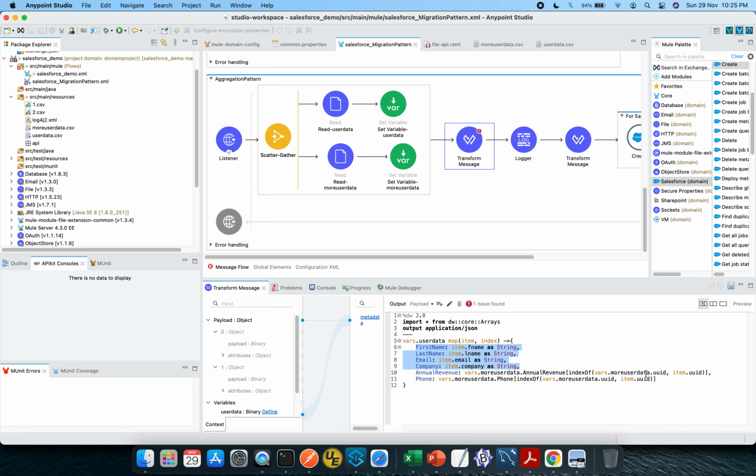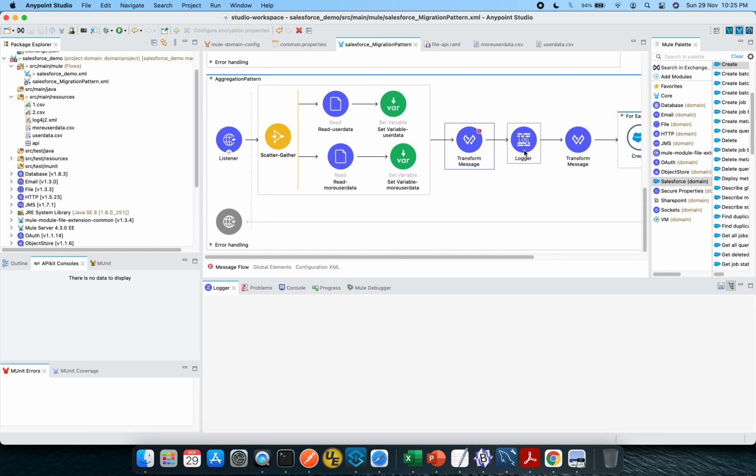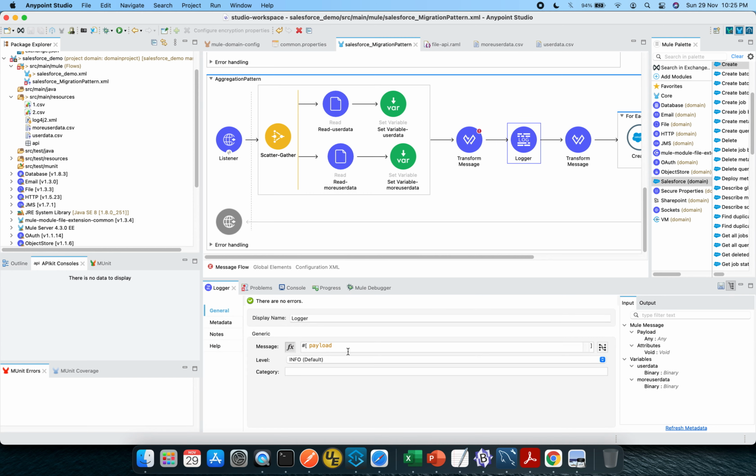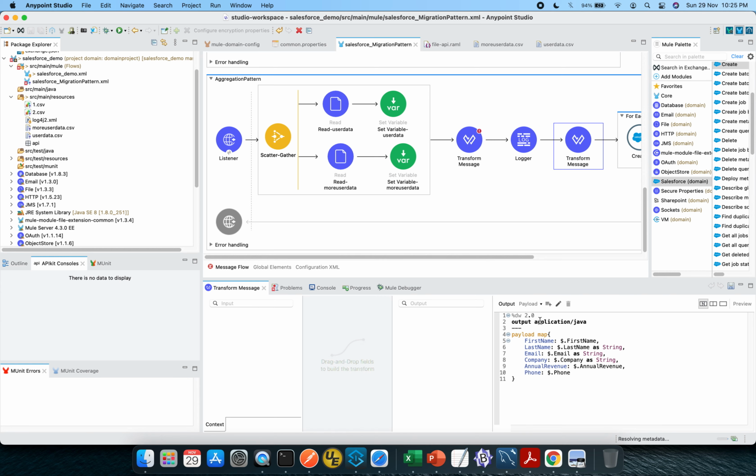So more user data.uuid with the index of this item.uuid of user data, pick up that particular annual revenue and assign it to the annual revenue tag. Similarly for the phone number. There could be different ways to achieve this, but I feel this is the most convenient way to implement this logic. After that, there is a logger, which simply puts out the payload, and again a transform message which converts it into a Java object.